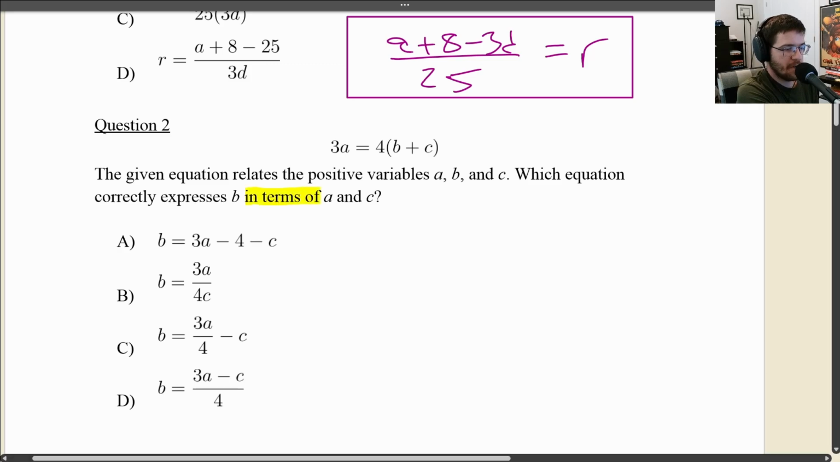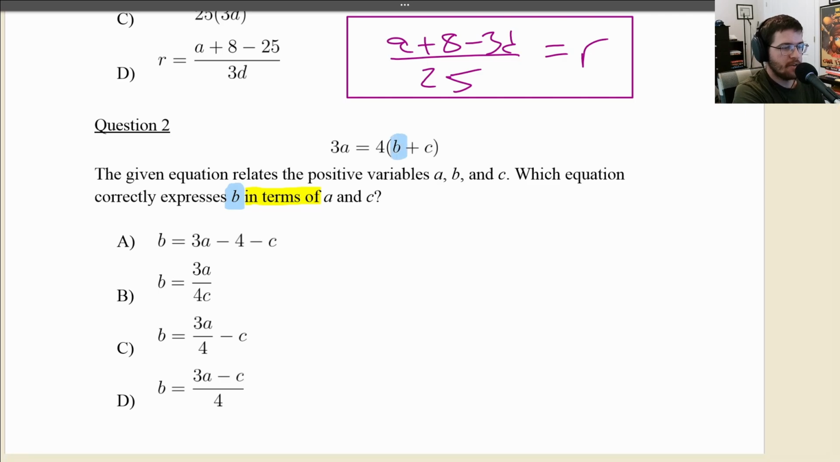Okay, question 2. Once again, I see this phrase in terms of. The thing that comes before it is what we want to get by itself. That is B. All right, so what I'm gonna do is